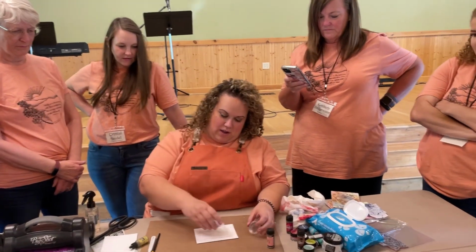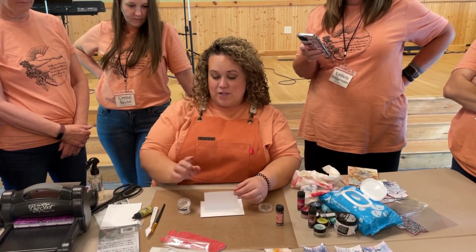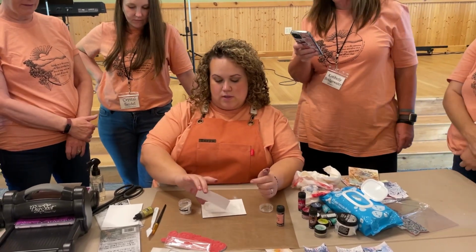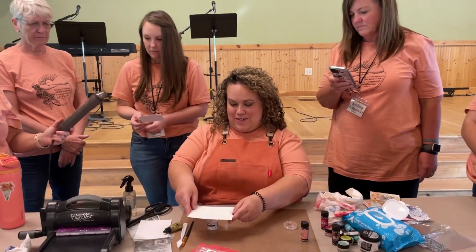This is white. I use clear. You could use clear, honestly, too, if you have white paper or whatever paper that you want in the background. Also, I didn't use any powder beforehand, so if you're concerned about that...